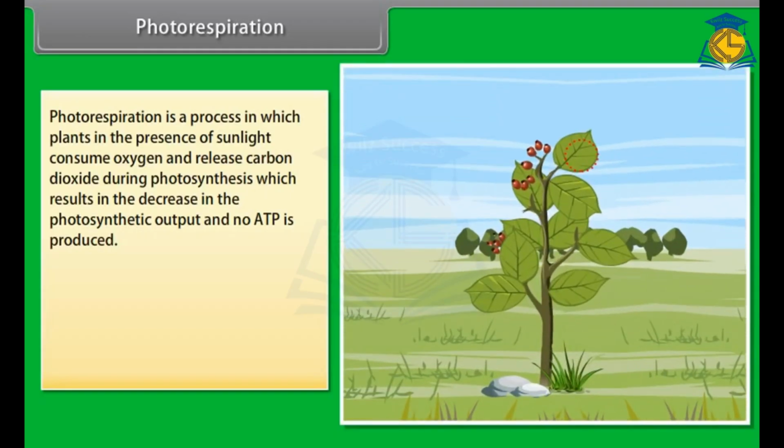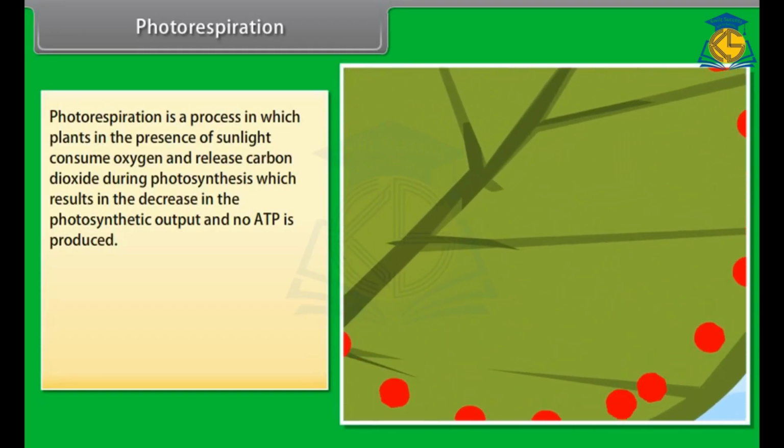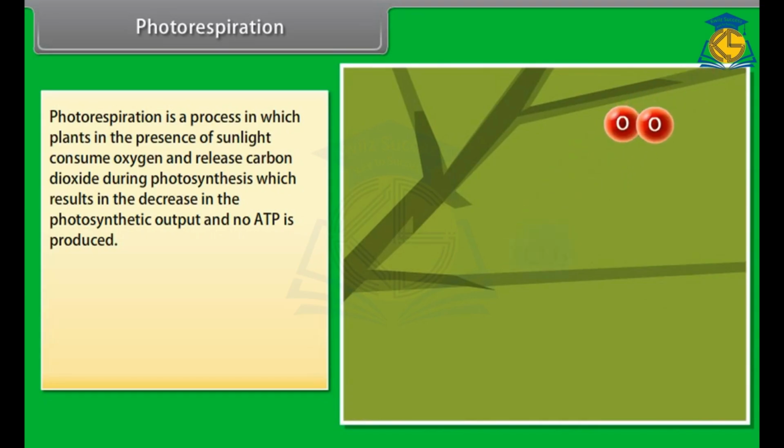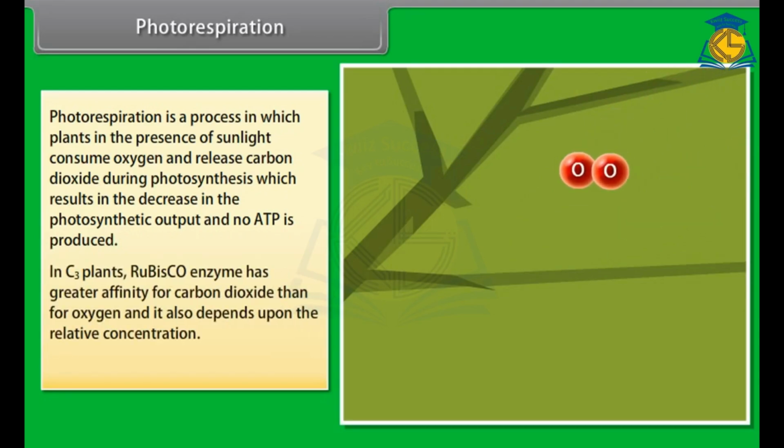Photorespiration is a process in which plants, in the presence of sunlight, consume oxygen and release carbon dioxide during photosynthesis, which results in the decrease of photosynthetic output and no ATP is produced. In C3 plants, the Rubisco enzyme has greater affinity for carbon dioxide than for oxygen, and it also depends upon the